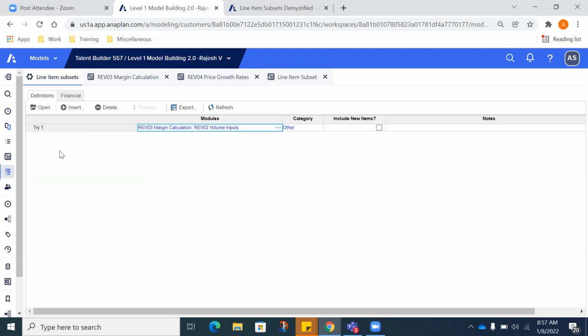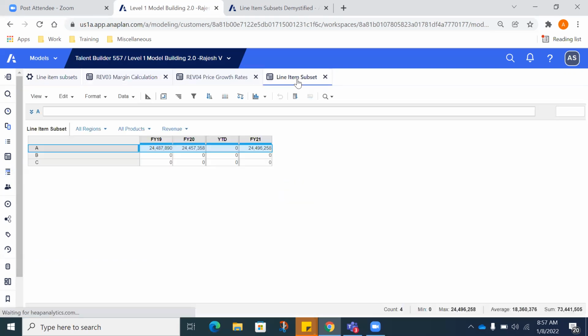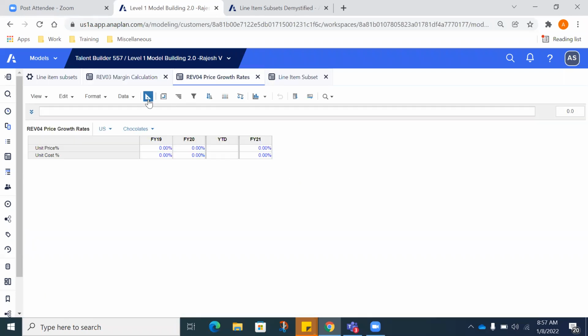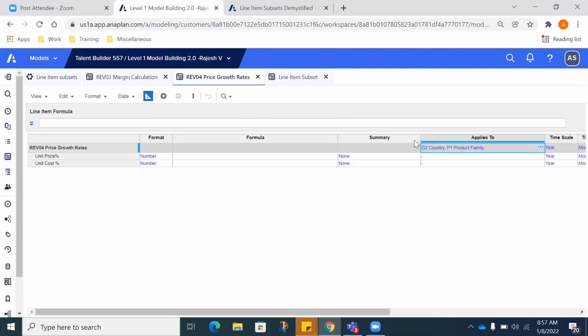I've included Rev03 and Rev02 volume inputs. So these are on the basis of the dimension, G3 location and P2 products. And here is G2 country and P1 product family. I mean, of the same hierarchy though,